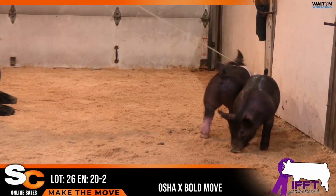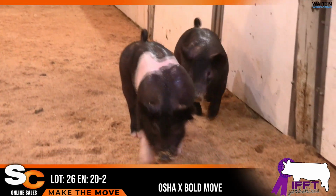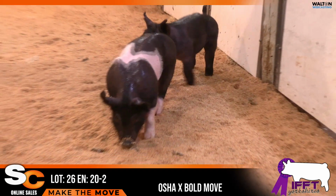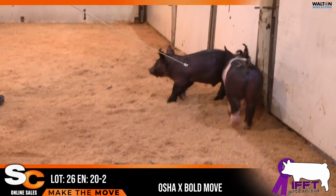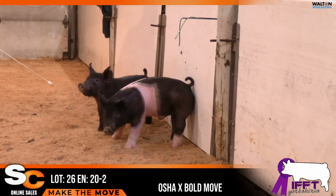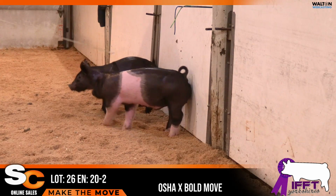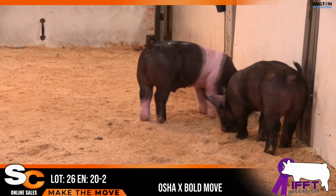Yet when you study him up high, he's still so good and so balanced, and yet you can still feed him, and he's not going to get away from you in any stretch of the imagination. I think a really good feeding kind of hog that's going to suit somebody really well. Yeah. No, on these, like I mentioned, on these 20s, we've got some differences in terms of frame size and